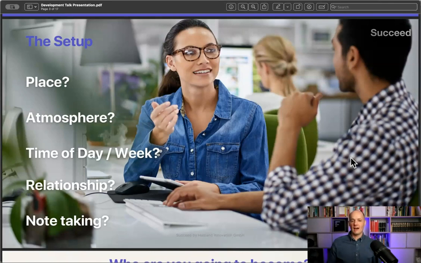And then, depending on how you work, the time of the day sometimes is important. The weekday is important. I would not do it on a Friday afternoon when everyone is tired, maybe more towards the beginning of the week. I would also try to do it in a physical space if that's possible. I know we are all working now in a hybrid or digital environment. It's possible digitally, specifically if you know each other, but I highly recommend doing it in person because I've seen it working way better when you do it in person.